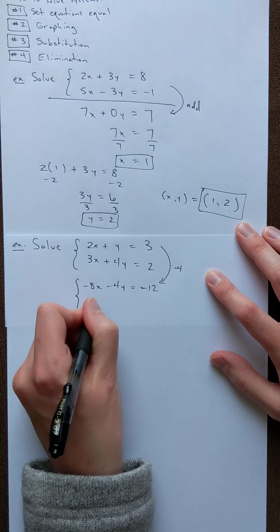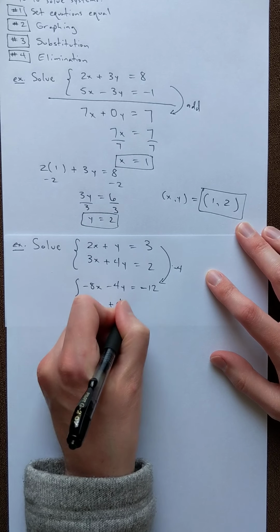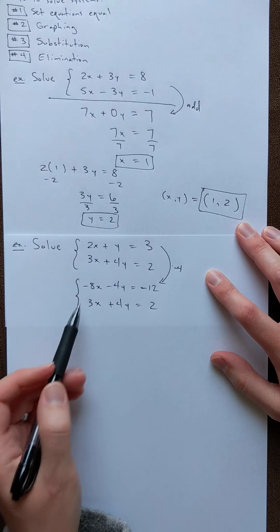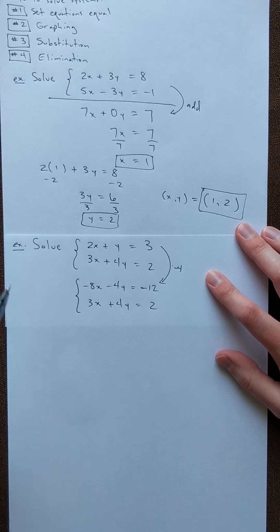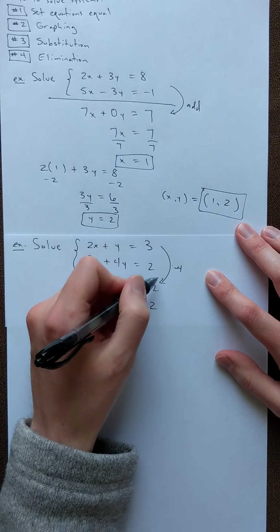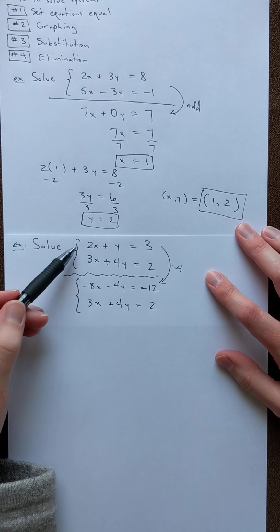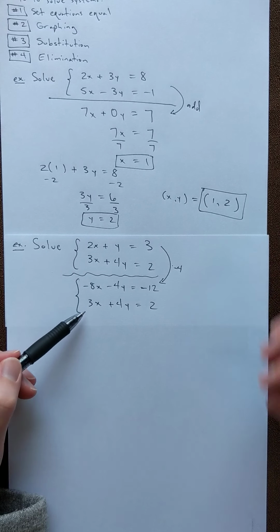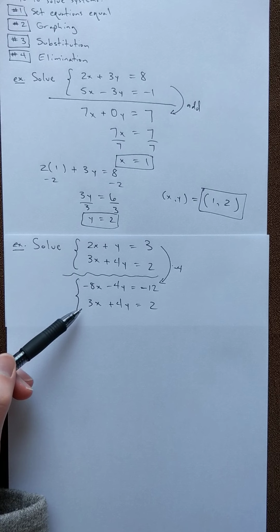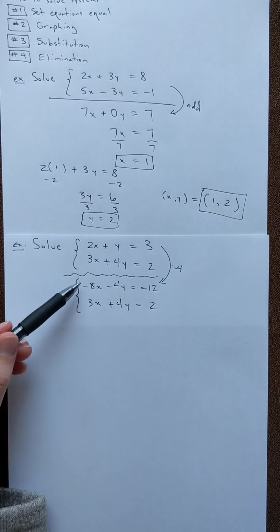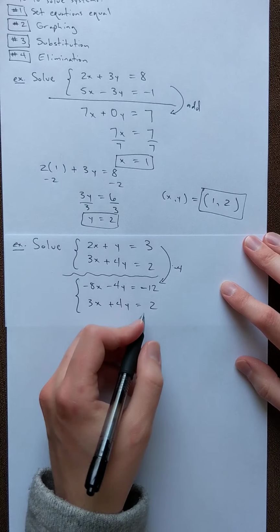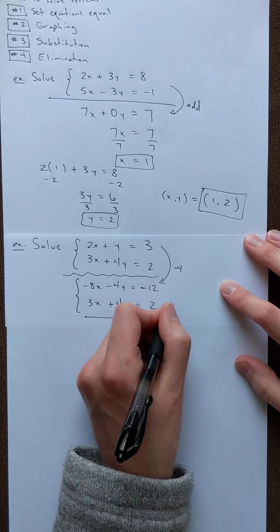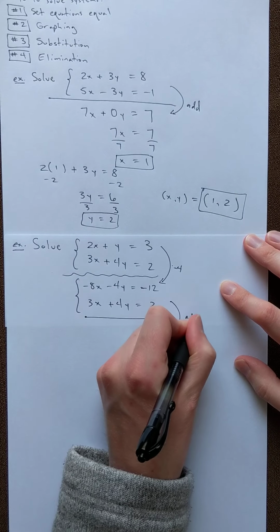I'm just going to rewrite it, mainly so that I don't have equations all over the place for no good reason. I have the same two equations. I've changed the top one, but I still have two equations. And the reason I like having them ordered this way is that it makes it easier to add the two equations. So if I add the two equations,